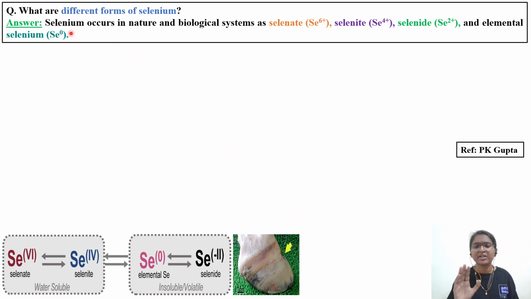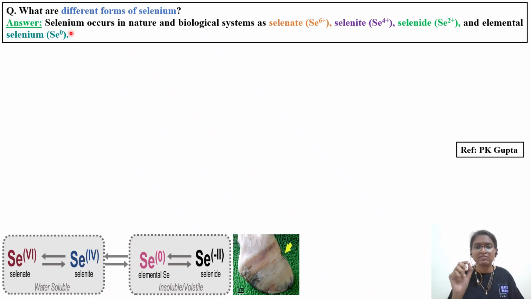Whenever we are reading about metals, we have to see whichever oxidation state that particular metal is in. For example, in the case of vanadium pentoxide or chromium, the +6 state is more toxic or the +3 state is more toxic. So like that you have to read about oxidation states also.